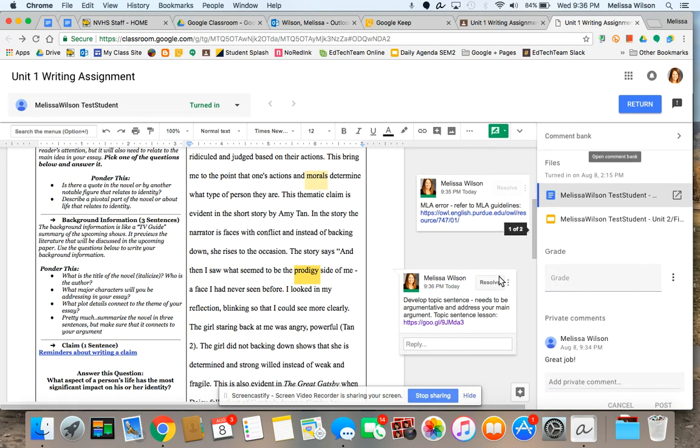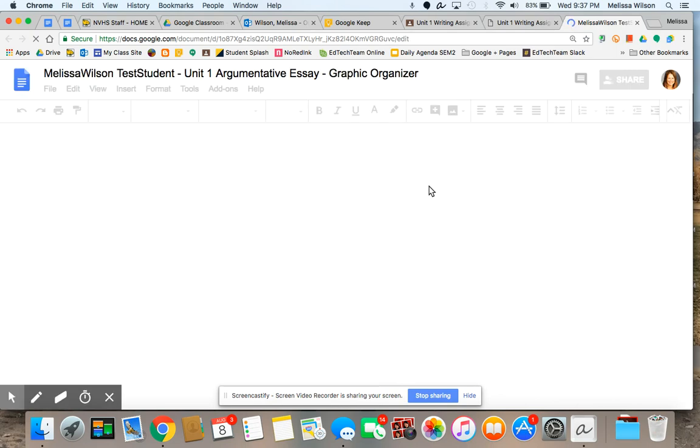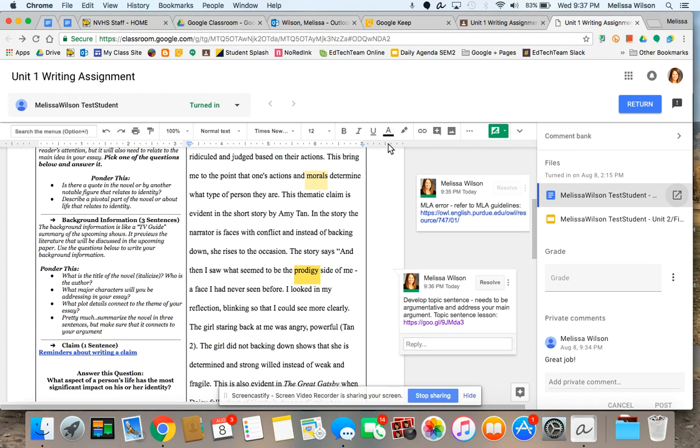One last thing I want to show you is, let's say that you want to open up this document to the full version and not be in this Google Classroom grading page. All you have to do is click on the little pop-out window here, and you'll see that it opens up a new tab, and the student's assignment will appear separately. So that's just a quick overview of the awesome new grading